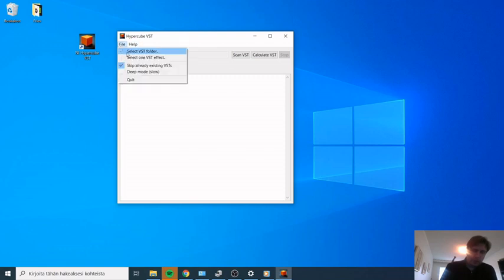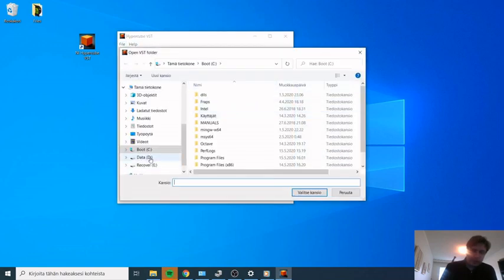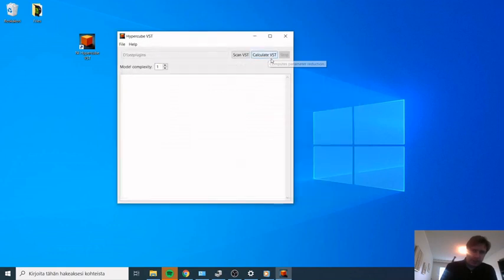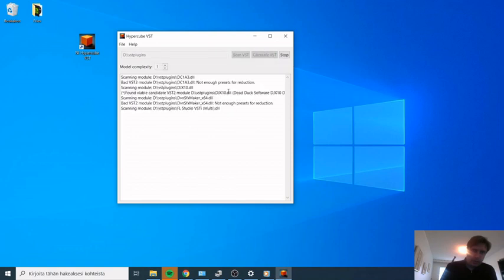You need to select the VST folder where the plugins are, and then you can calculate the VSTs, or first you can scan to test how many plugins can be used.